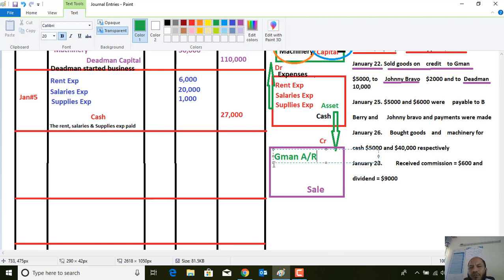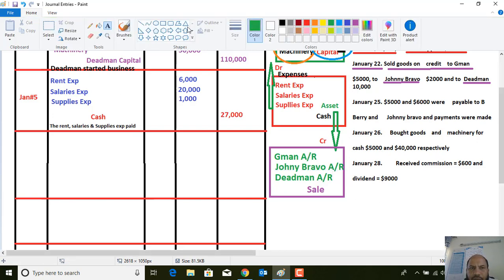The business sold the goods to Junibrow, but this is also on credit, and the business will receive this money on an upcoming date. And the business also sold goods to Deadman, and this is also on credit. He sold the goods on credit. So dear students, these three,